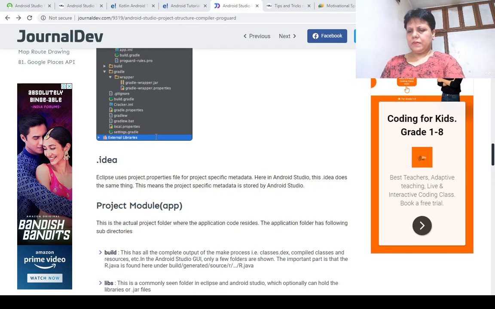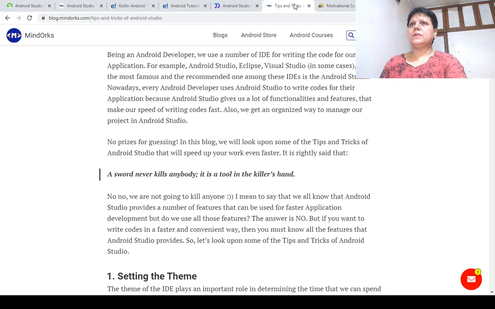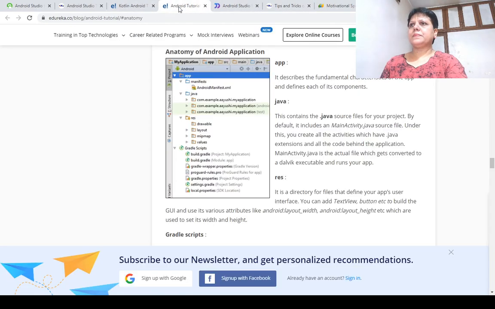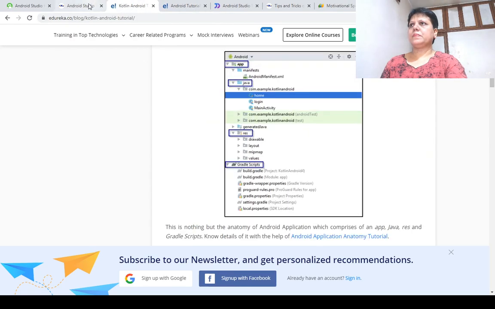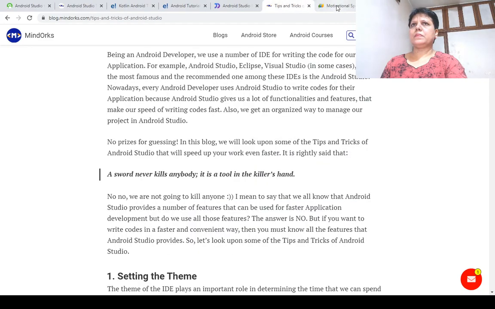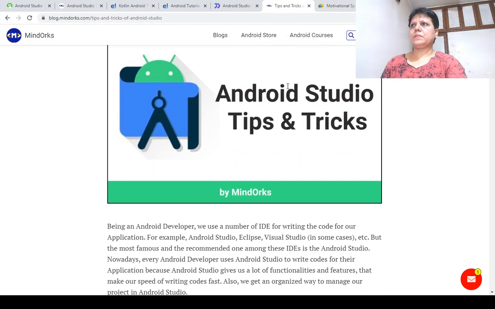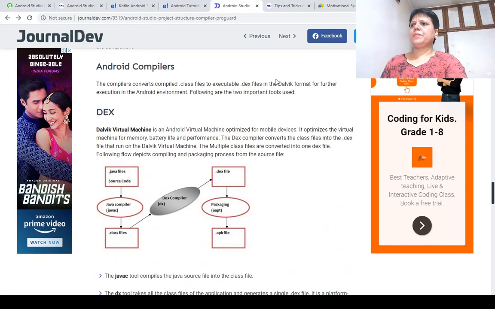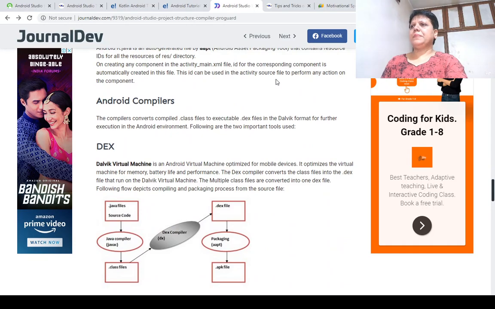Following are the two important tools used: Android compilers.